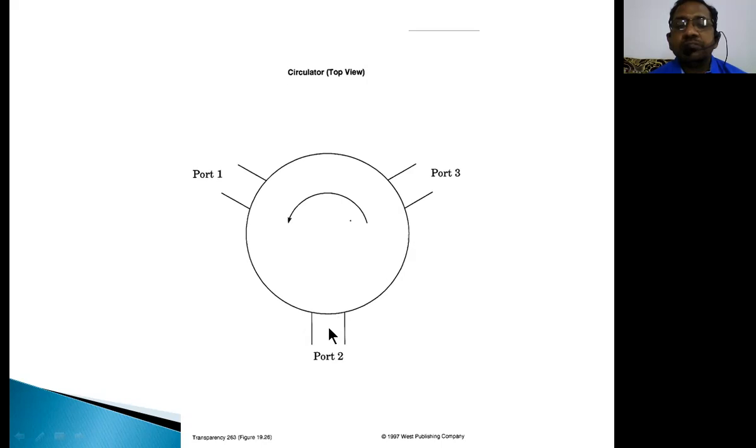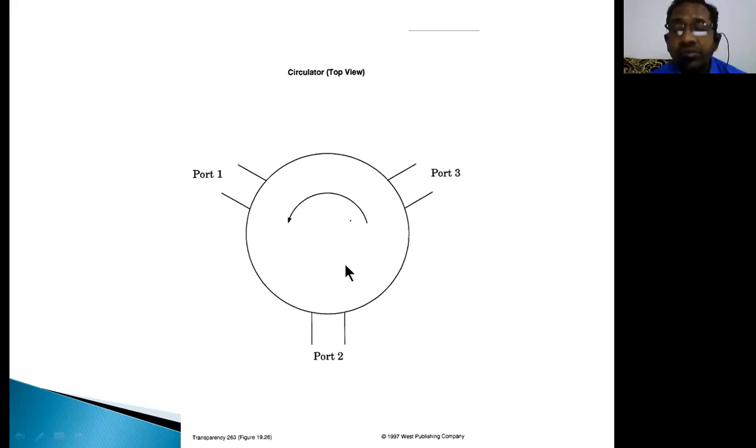If you apply input at this port, the output will be coming at port 3. If you apply input at port 2, the output will be coming at port 2. That means we get the output at the immediate port when you go in an anti-clockwise direction. All the rest of the ports are equal to 0. Now, using this basic construction, you can form an N-port device. Therefore, ideally the circulator, sorry, not isolator, is an N-port device, whereas an isolator is always a 2-port device.